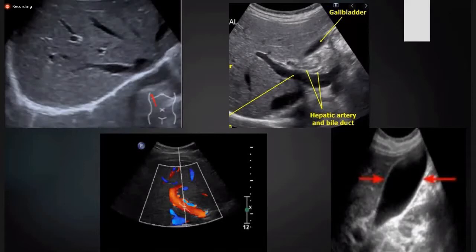These are some normal pictures of ultrasound liver. The first is the liver showing hepatic veins. The black linear lines are the veins. The next picture is showing the portal vein and the hepatic artery. The third picture is showing red color within the portal vein. When we use Doppler, the vessels take up color. The last picture is showing the gallbladder, which is anechoic, cystic, black inside because it has clear fluid inside and very thin walls. This is how a normal gallbladder looks on an ultrasound.